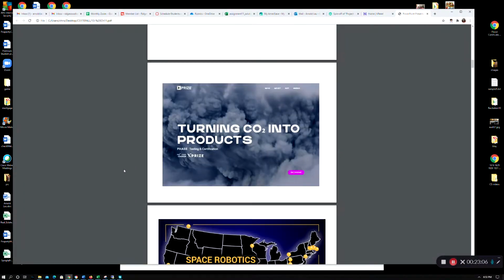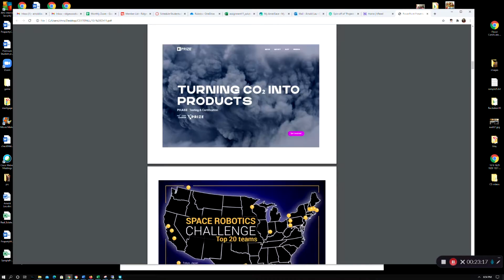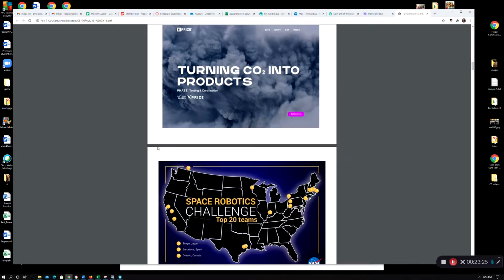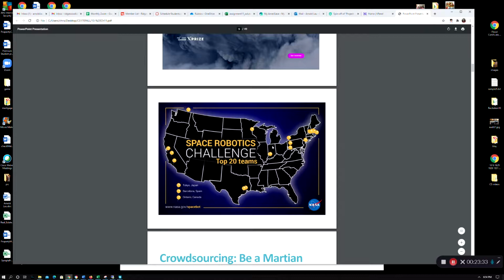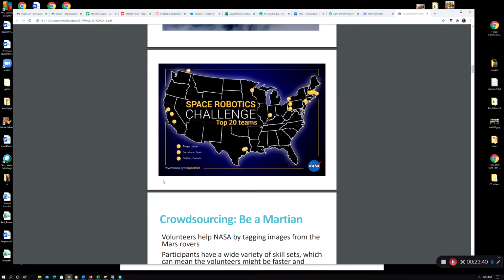Okay. So yeah, this is kind of crowdsourcing and a gamification type of thing, right? They have things like this, trying to get people involved with global warming, in this case talking about CO2. How do we capture that, reduce that going into the atmosphere, stuff like that. You have this, which is something put out by NASA. So in terms of robots, you've probably seen a lot of these with MIT and whatnot. So talking about, basically providing